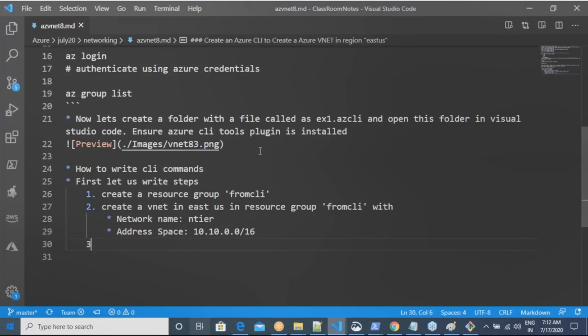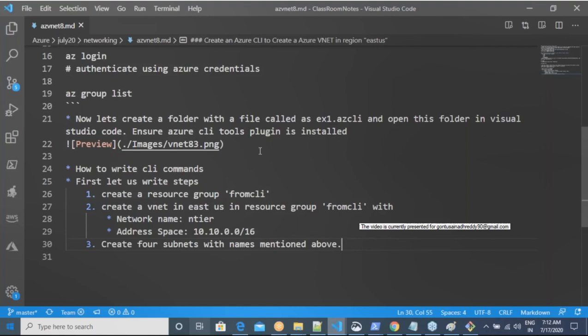Now create four subnets with the names mentioned above. Am I clear or not? Is this what we have to do?